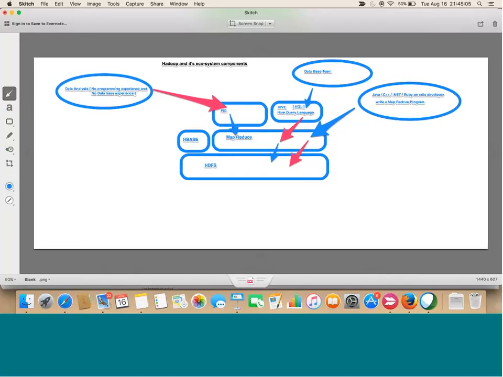Pig will convert these line-by-line statements into a MapReduce program. And MapReduce will run what? MapReduce will actually explore the data which is on here. Okay. Now you have expanded the scope of your cluster usage by developers, by the database team, and by